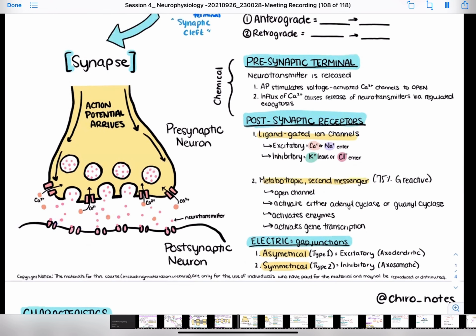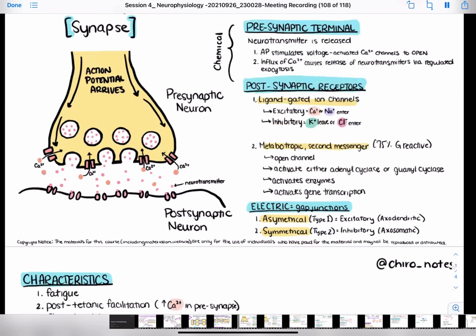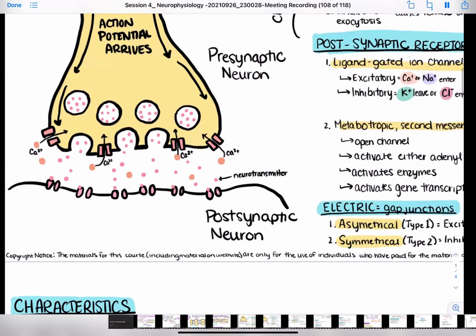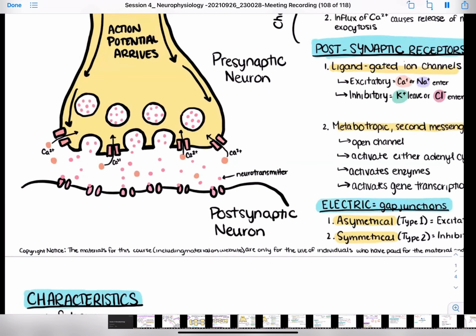What happens here? So we can have two different types of reactions at our postsynaptic neuron. The first thing is a ligand-gated ion channel. So that's kind of what I demonstrated in this image here. So remember that a ligand-gated